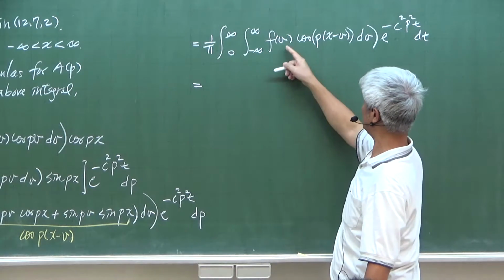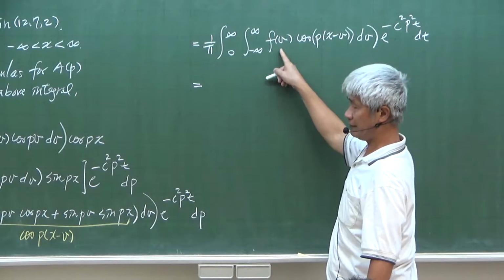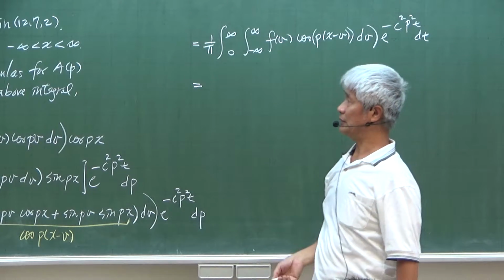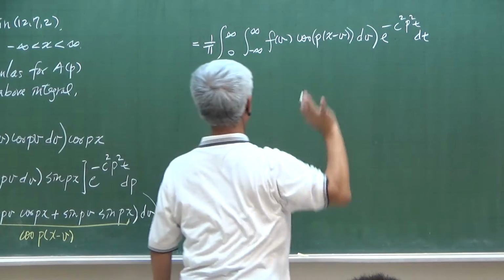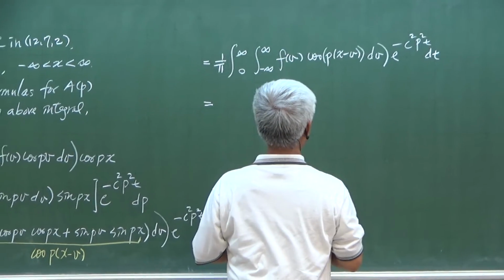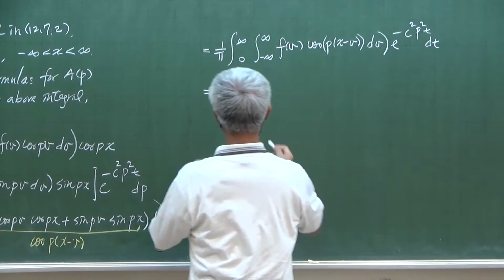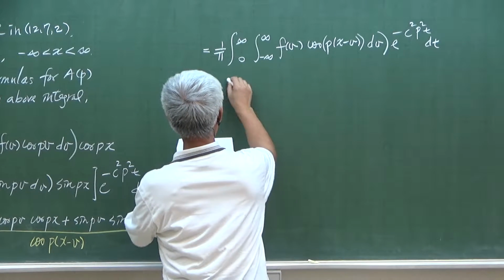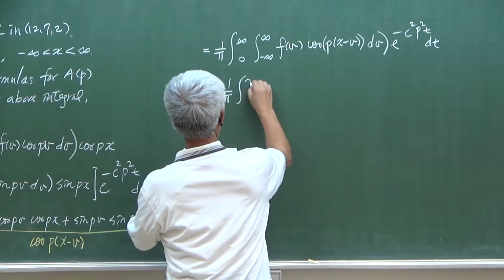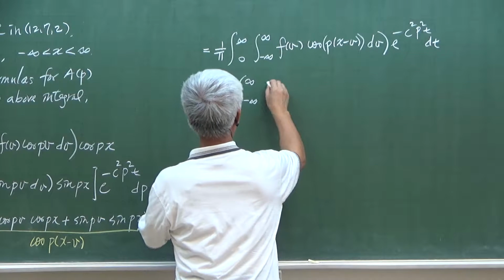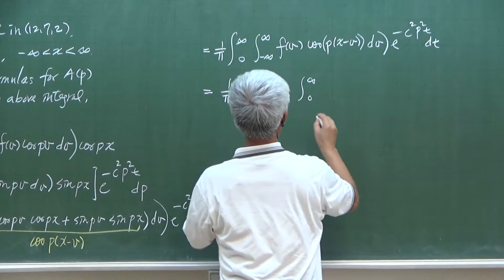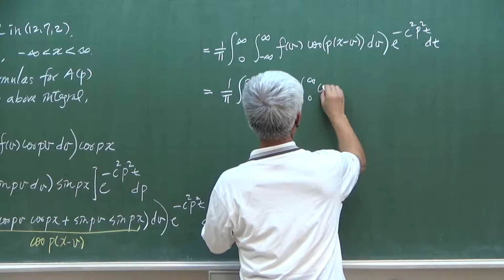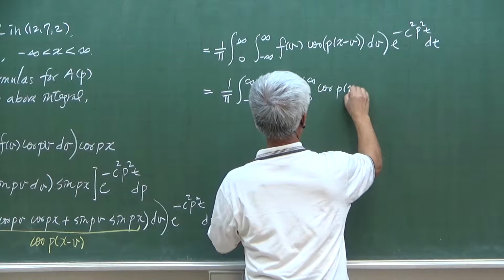So this is less than or equal to the absolute value of f, and we know f is absolutely integrable. So of course you can integrate everything there, so that we can exchange the order of integration. So we have cosine p(x minus v)